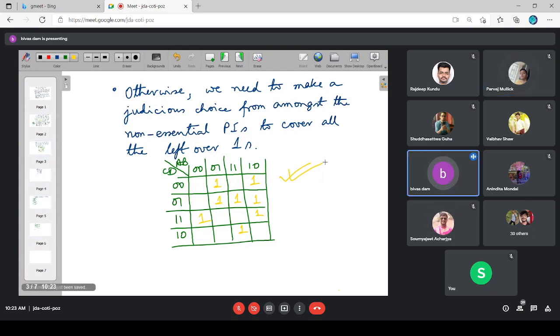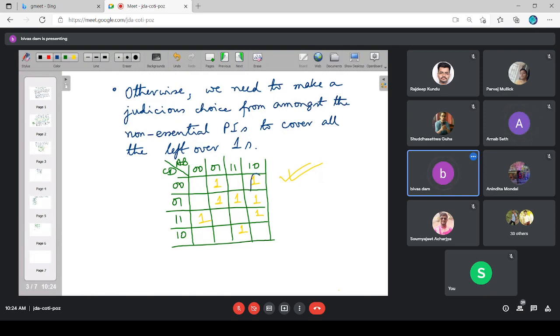Then I have to go for a group of 4 cells. A group of 8 cells is called an octet, a group of 4 cells is a quad, and a group of 2 cells is called a pair. Is it possible to form any group of neighboring 4 cells? No, sir. Then I have to go for pair formation, that means a group of 2 cells.